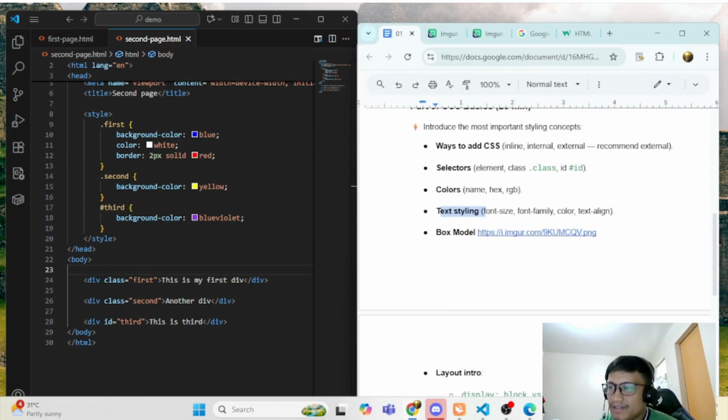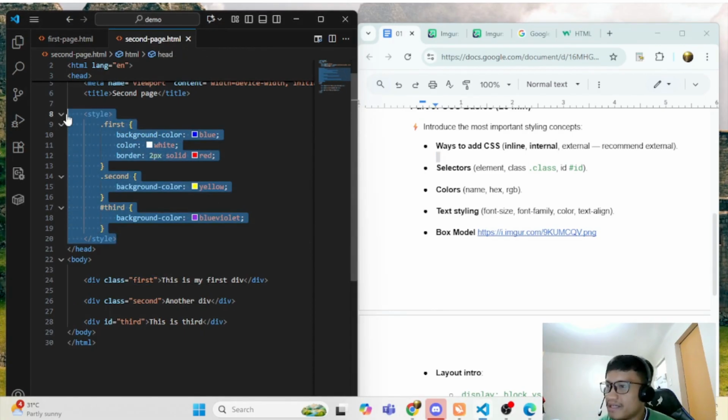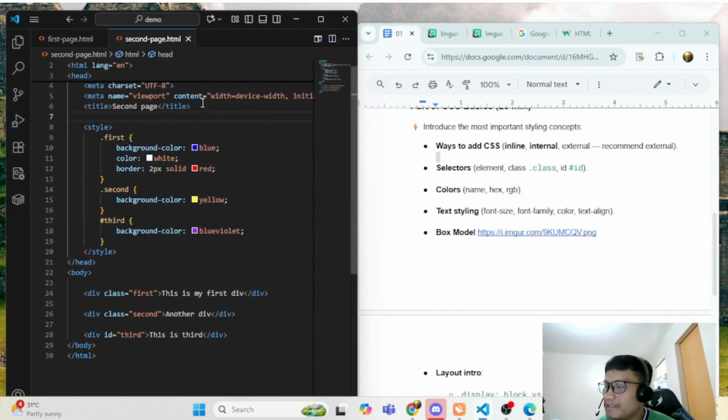Okay. So text styling. So we are already done with the inline and then we're already done with the internal. So inline is when you put the style in line with the HTML tag. The internal is adding style inside the HTML. So this is the internal. And then the other one is external.